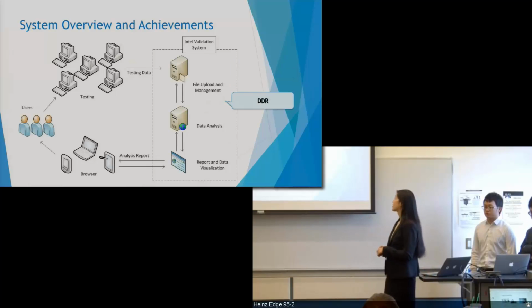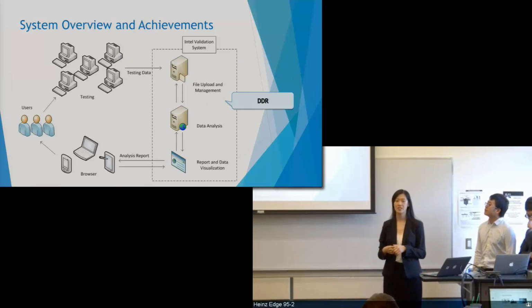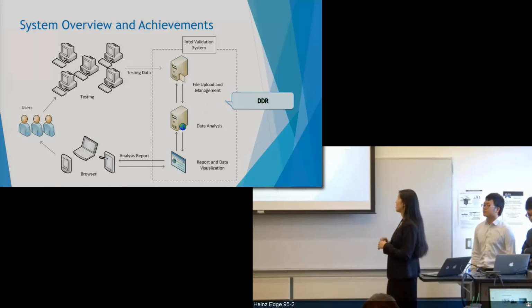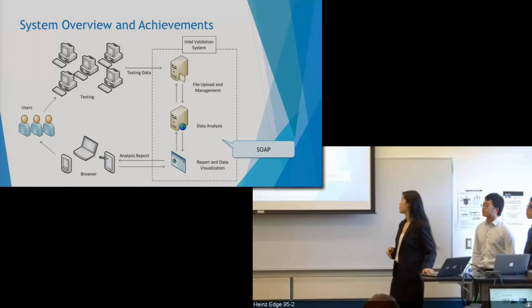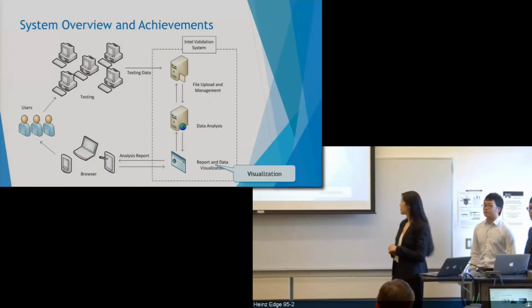And then is the DDR products. This system is designed to accommodate different products. Now we have finished is the DDR product, which is the memory. And then we stored output the results and important intermediate results to XML files so that we can communicate using the SOAP protocol. And then we visualize all the results